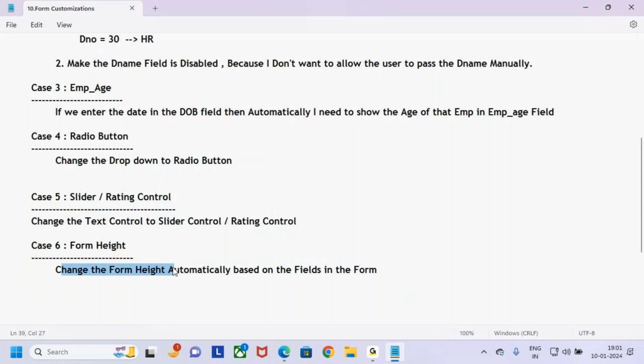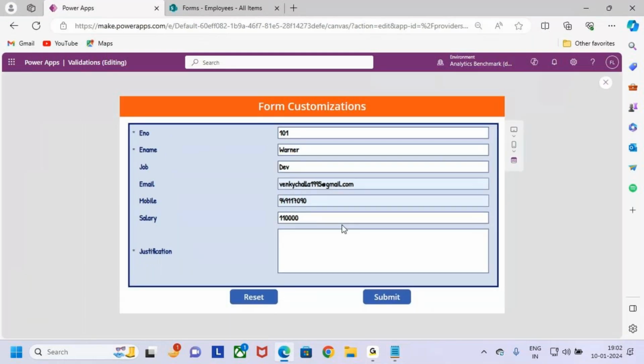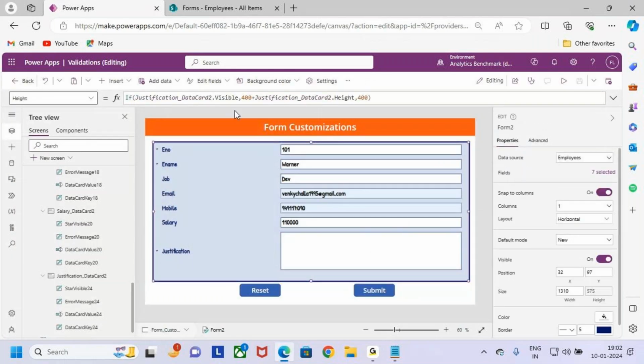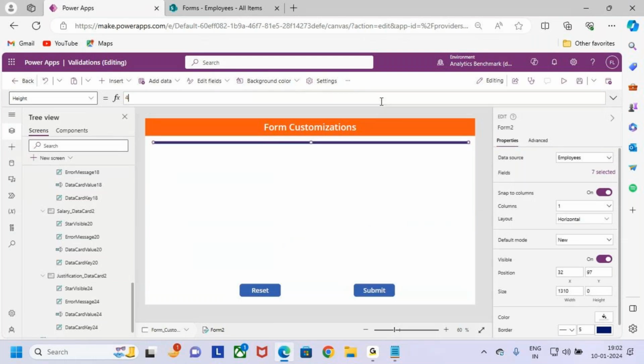Whenever you want to adjust the form dynamically, you can make it so. Change the form height automatically based on the fields in the form, based on the fields you are able to display in the form. Based on that, automatically you need to increase the height. If you are not writing this formula, let's say you just remove it and keep only 400,